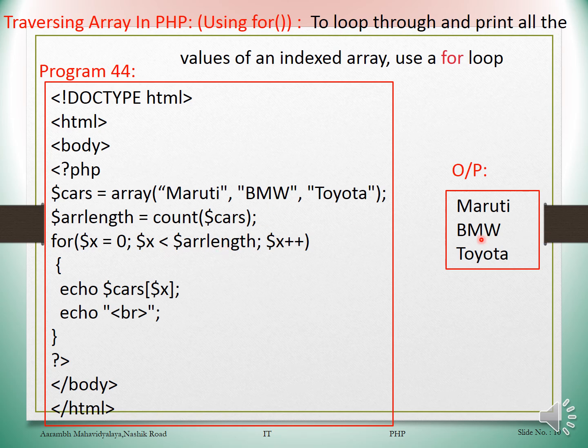Therefore it will display the second output, and again it will increment the value of x. Now x value is 2. X equal to 2, again condition is satisfying, x is less than 3, and then it will display the output as Toyota. It will increment the value of x by 1, it will be 3. Now x equal to 3, but here 3 is less than 3. This condition is not satisfying, therefore it will not display the next output and it will not increment the value of x. It will come out of the loop. Okay.